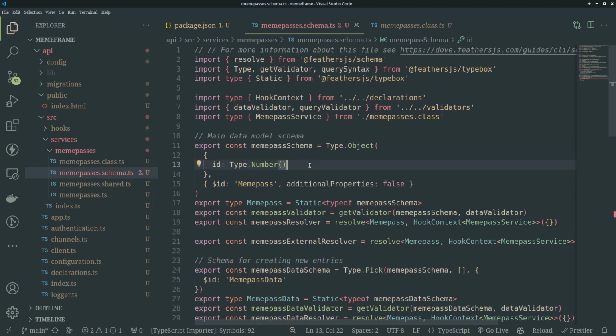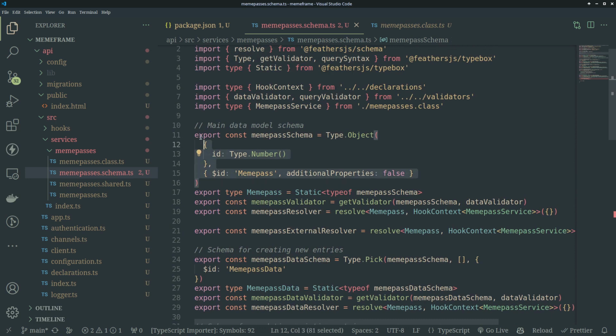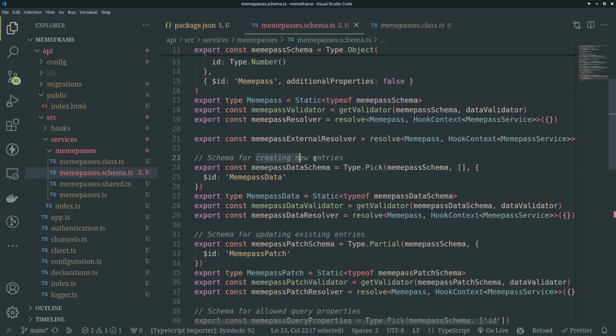So one of the things we'll be needing here is the code, then the credits. By default, we are going to set some credits to this. But note that this is the main data model. So you would still see a model for creating new entries here, which is what you will need. This is where you need to set your schema, what you're expecting the user to send to you